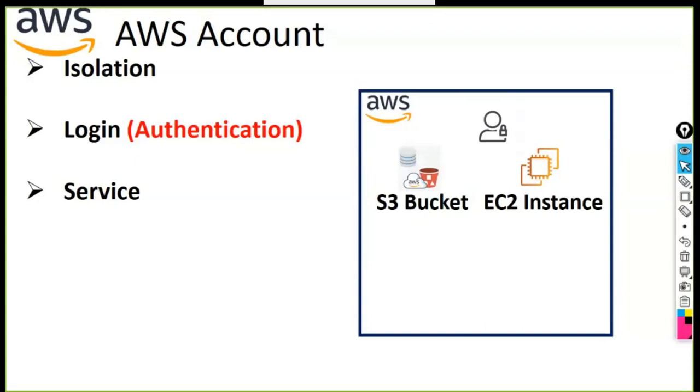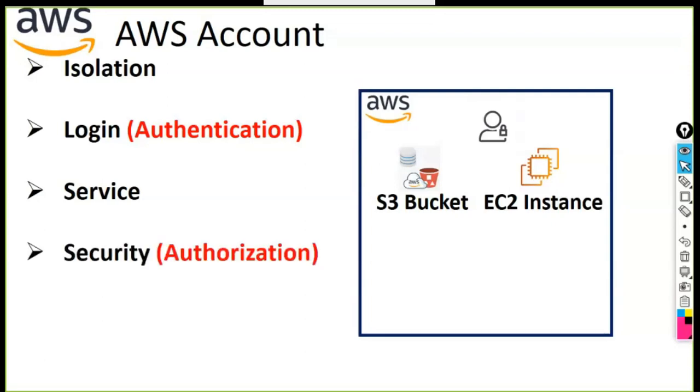It is actually a simple storage service. Simple storage service, that's what we define it as, S3. And an EC2 instance is the virtual machine that we are going to trigger in AWS. You will create a virtual machine on the AWS cloud platform. So these are two of the services. Now, these services can be accessed only when you get authenticated into the AWS account.